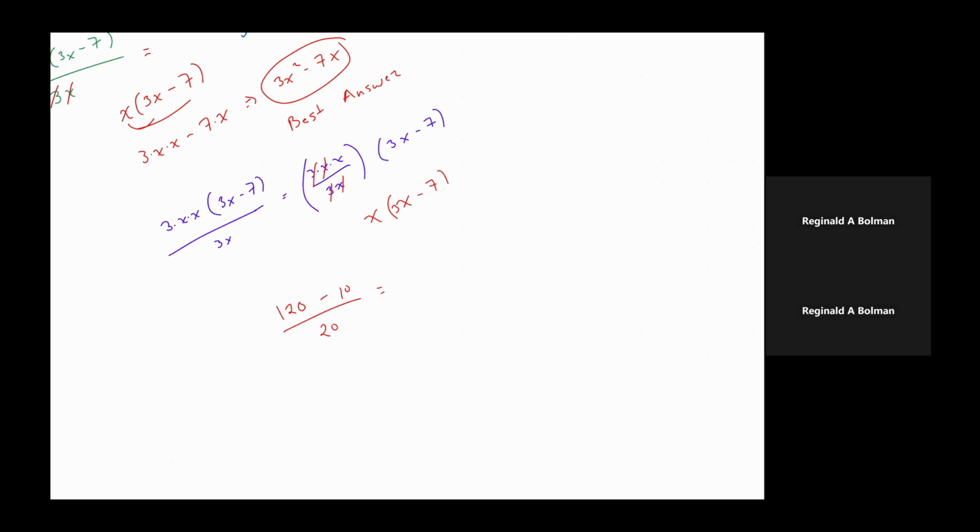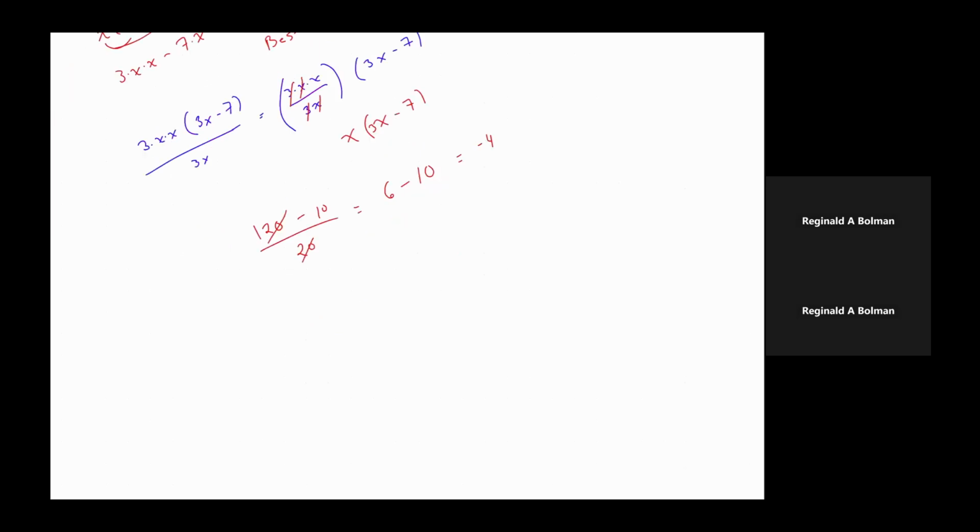20 times 6 should give me 120. So I should be able to just divide out the 20 into 120, and that would be 6. So now this is 6 minus 10, and that would give me negative 4. But the problem here is that you're violating the distribution law, because what is actually written